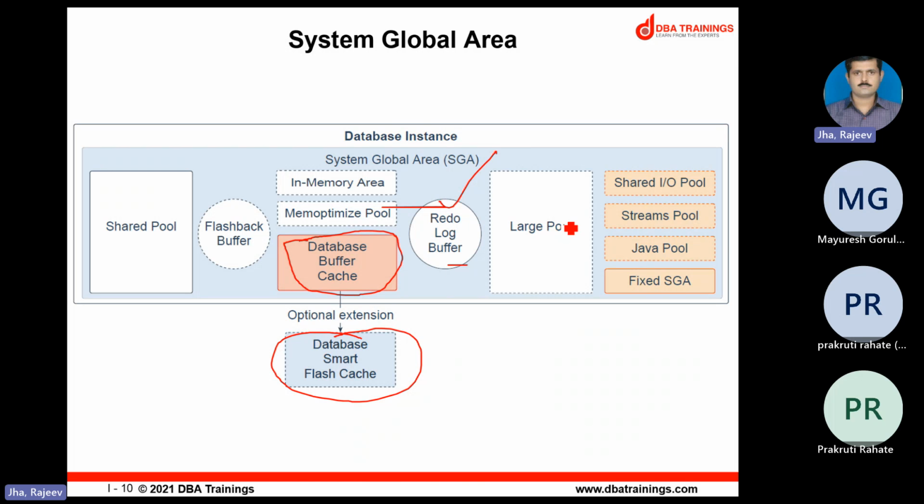The another area which is called large pool. Again, this is optional. What is the use for that? To reduce the load of the shared pool, we have a large pool. Any bulk operation we are doing can happen in the large pool. So large pool is the optional memory area which is introduced for memory allocation larger than